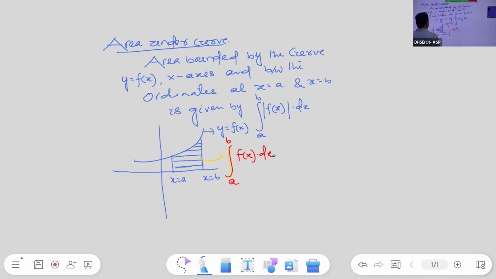If the curve y is equal to f of x is above x-axis, the area will be positive. If the curve is below x-axis, the area will be negative. That's why we have taken absolute value of f of x. So here three cases arise. Case one,